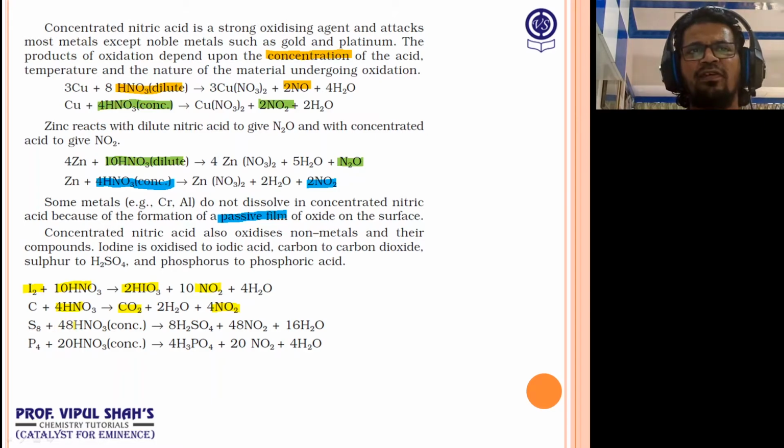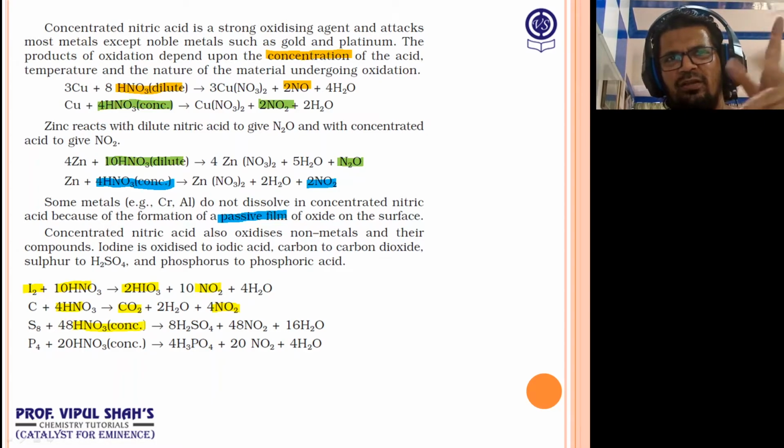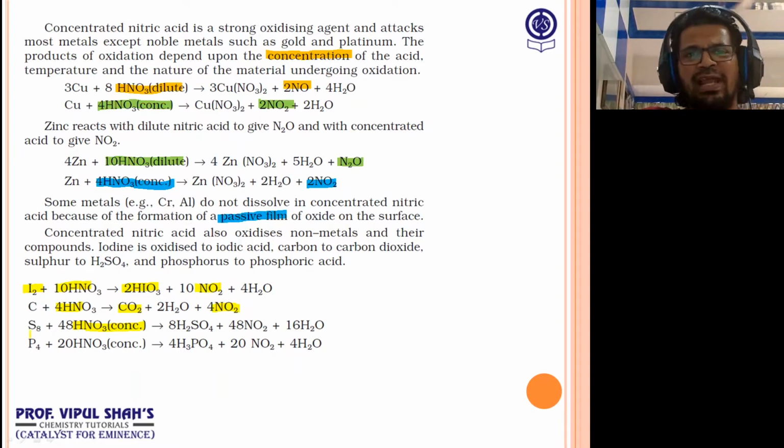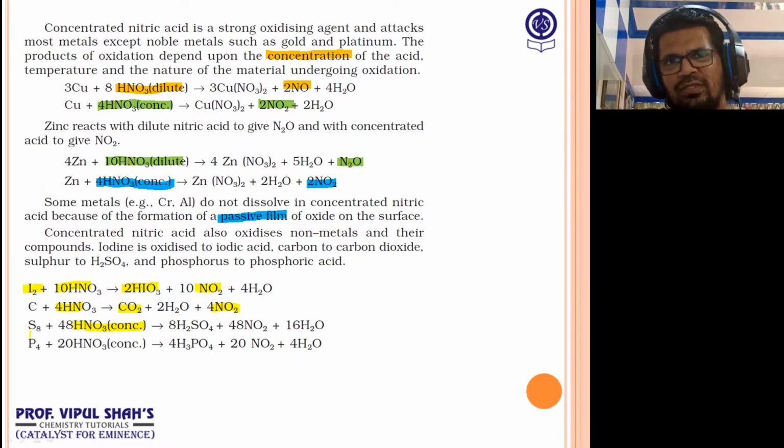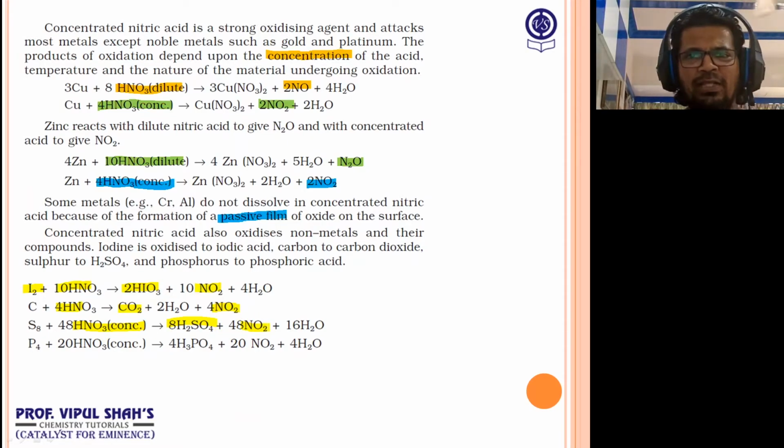Same way sulfur reacts with concentrated HNO3. Don't bother with the balancing much, okay? We need to know what it forms in case they're asking. They're not going to ask you the stoichiometric coefficients. So sulfur S8, that's a crown shape. Remember, no? Crown shape or a puckered ring structure. That's S8. So S8 with conc HNO3, sulfur is oxidized to sulfuric acid. So that is 0 to +6. And HNO3 is reduced to NO2 where nitrogen is again +5 to +4.